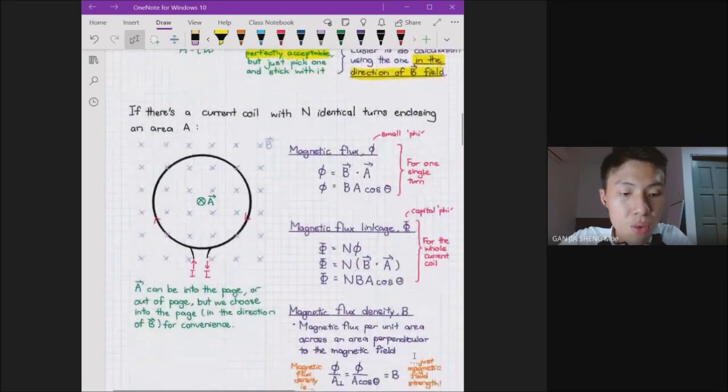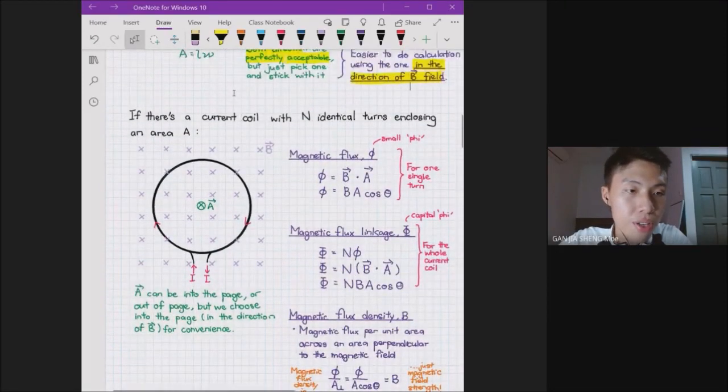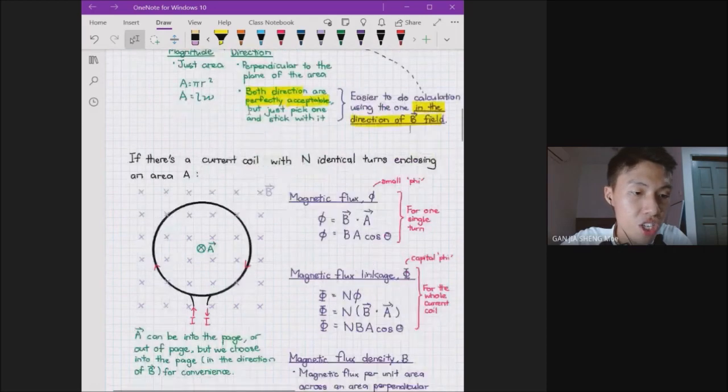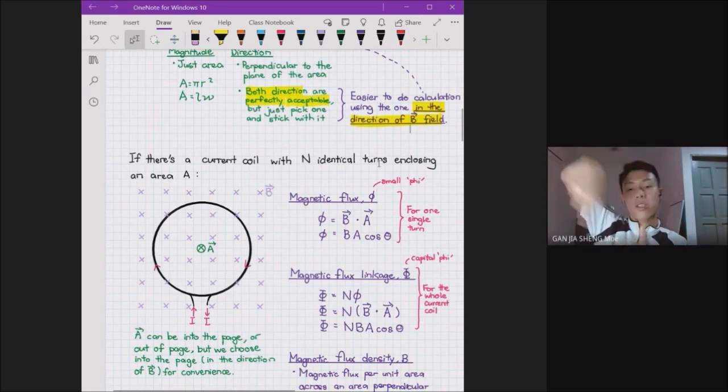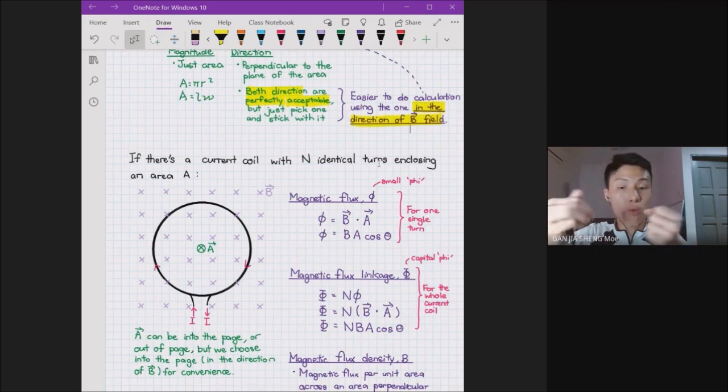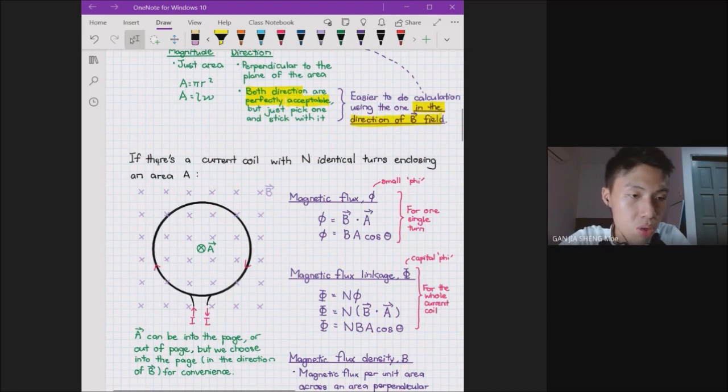But in a situation where you have a current coil, in this case, this is an area, right? Now you change it to a current coil, but this current coil has n identical turns, which means you wound many turns around this circular shape to make it like a thicker donut. If your circular coil has multiple turns and it encloses an area of A, you can determine the magnetic